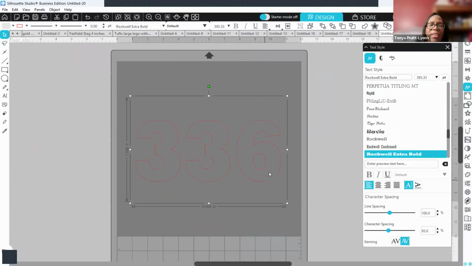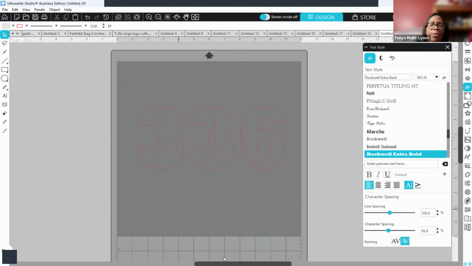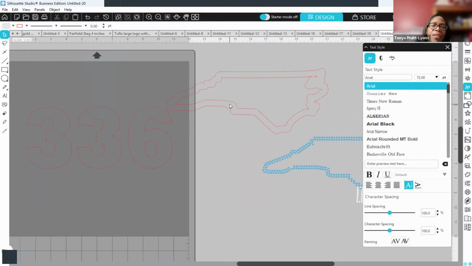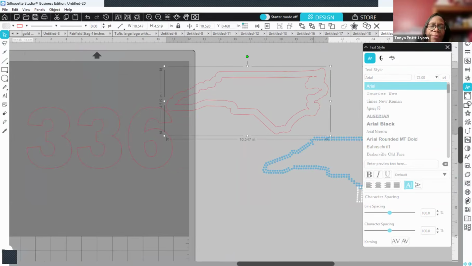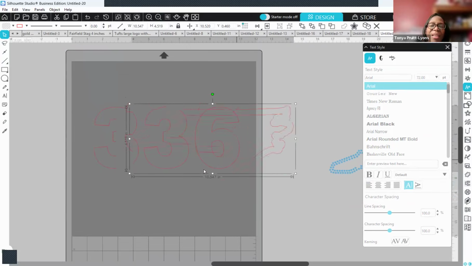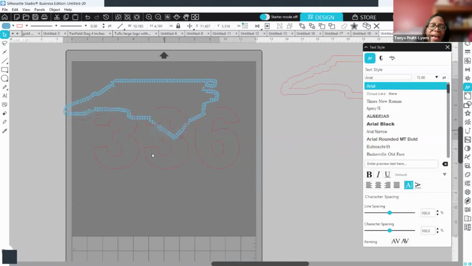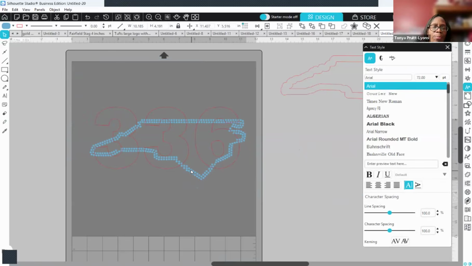Okay, so now that I have my 336, I need to create the space to fit the inside of the state of North Carolina. So in the previous design, I had already created the offset of the state. Okay, so here is that offset, and I'm going to position it where I want it to be. So I made a duplicate of the rhinestone version of it, and I'm just going to position it where I want it to show up in the design,